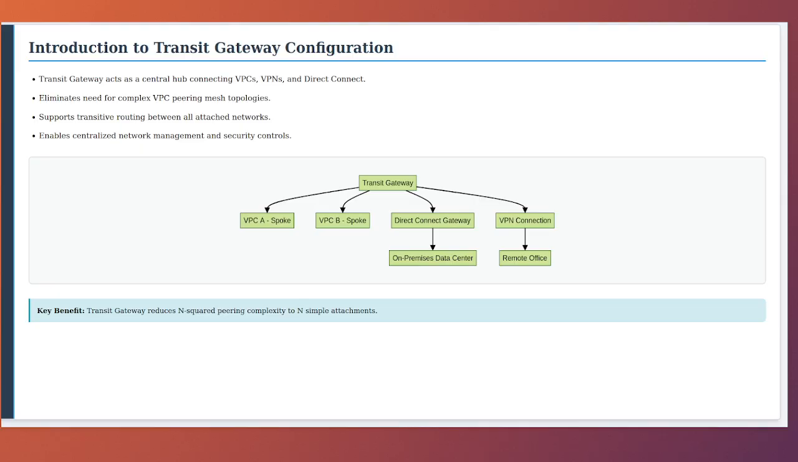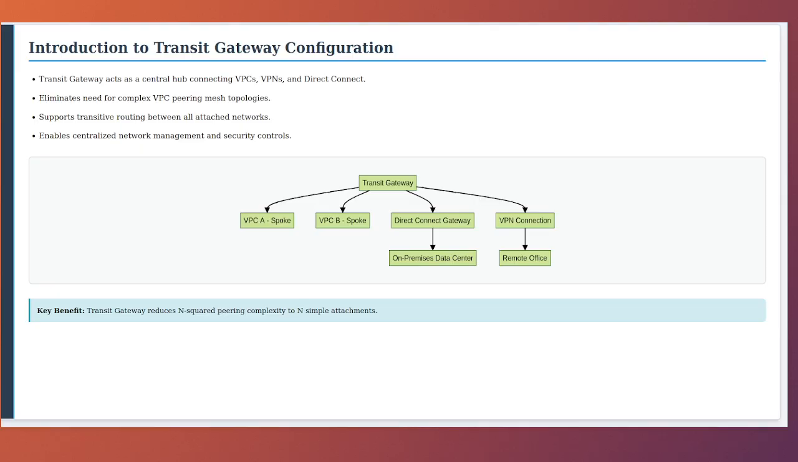Transit Gateway solves a fundamental problem in AWS networking. Before Transit Gateway, if you wanted to connect multiple VPCs together, you would need to create individual VPC peering connections between each pair of VPCs. With just 5 VPCs, that would require 10 separate peering connections, and the complexity grows exponentially as you add more VPCs. Transit Gateway simplifies this by providing a single attachment point for each VPC, and the Transit Gateway handles routing